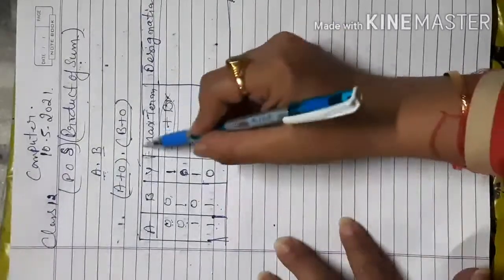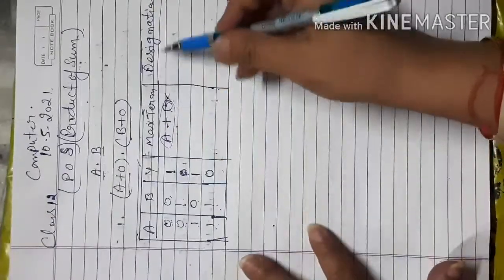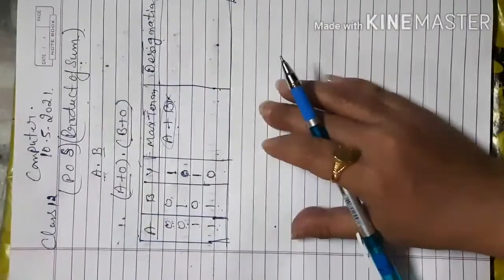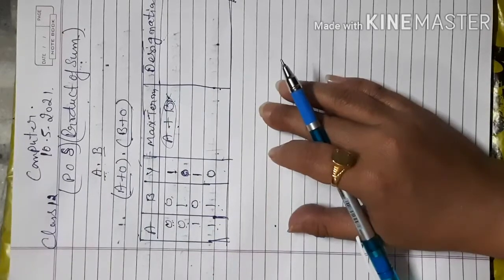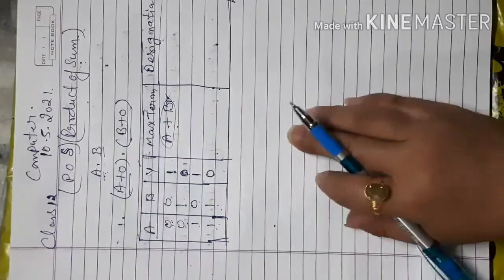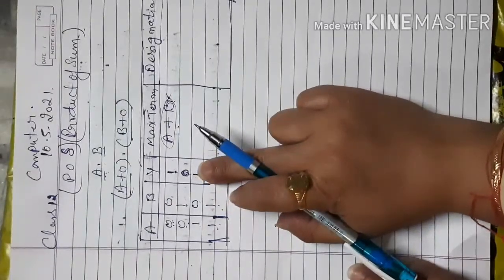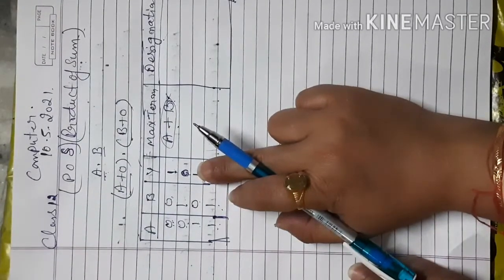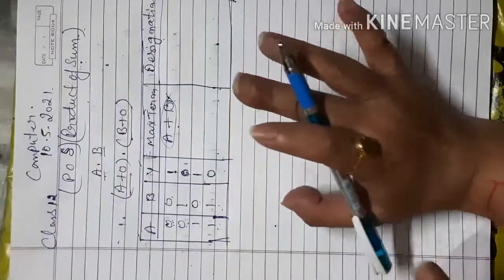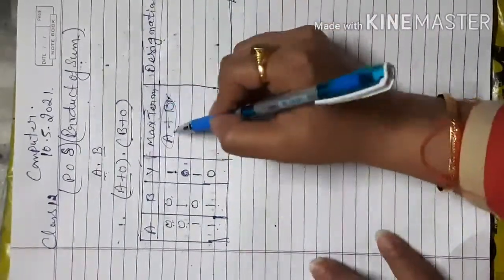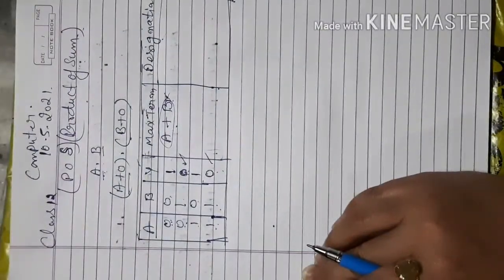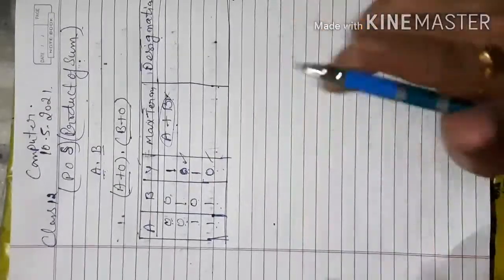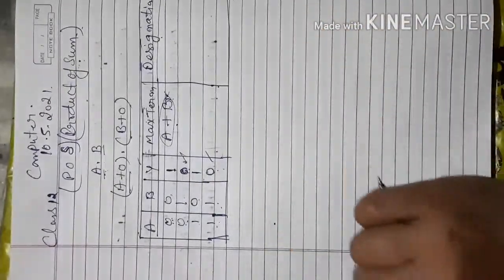Okay, so here there will be two columns again, max term and designation. Remember one thing, max term is denoted with a capital M and min term is denoted with a small m. So max term is related with 0 and min term is related with 1. You have to be very careful about that. So if this is a 0, that means only two max terms are there. We don't consider 1; 1 is considered in the sum of product.